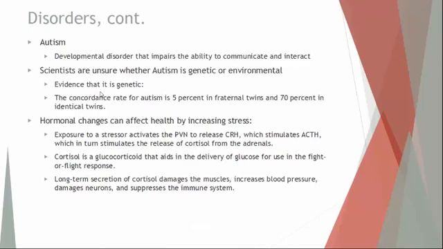Alright, we will continue talking about some various disorders. The first one listed here, autism. It's a developmental disorder that will impair the person's ability to communicate and interact. And this covers a very wide range, a very wide spectrum of effects. It could be only a slight impairment on the person, or it could be something very, very severe. There's a huge range of possibilities that it could influence.